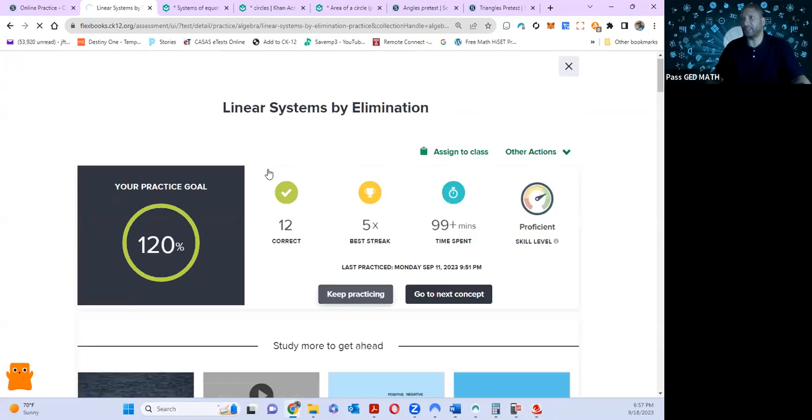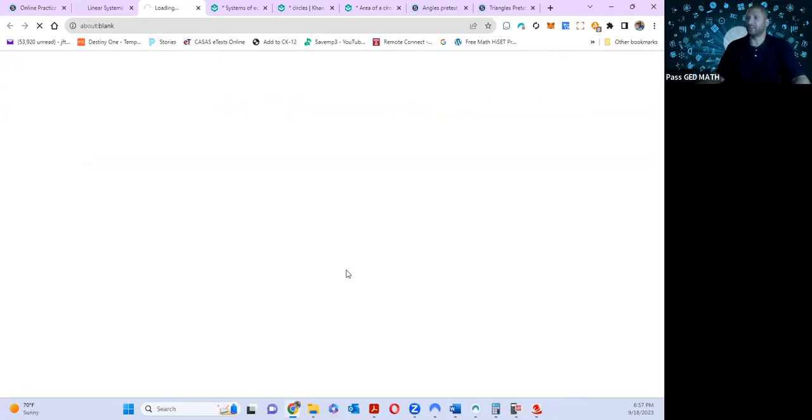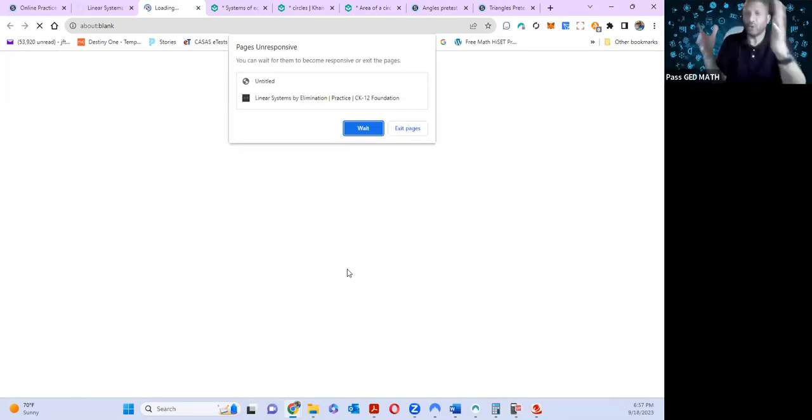So again, this is CK12 linear systems by elimination. I'm going to practice. Again, it doesn't matter what you use, but what you want to do is see enough problems that you know how to do it. Okay, you're not trying to remember, well, what did I do here? Last time when I had a problem like this, no,